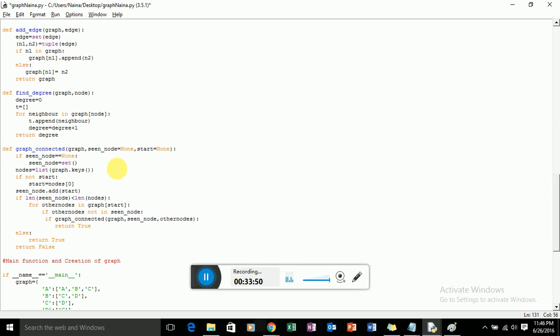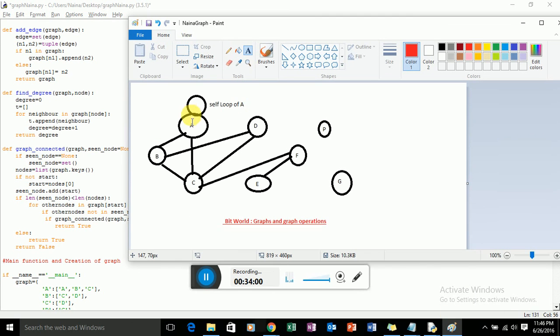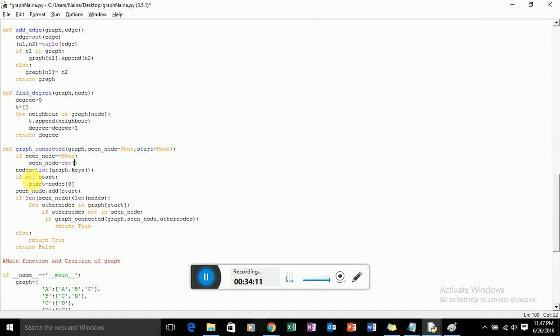Basically if you want to know whether the graph is connected or not, in that case you have to have a list of all the graph keys. That basically means you have to have a list of all the keys like A, B, C, D, E, F, P and G. And if start is not given, then the vertex on the 0th index would be the start.